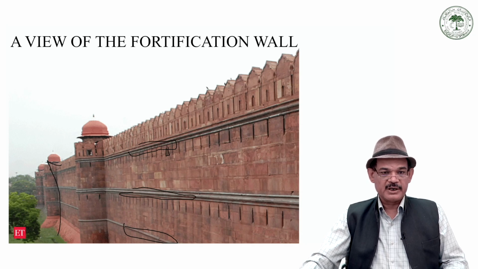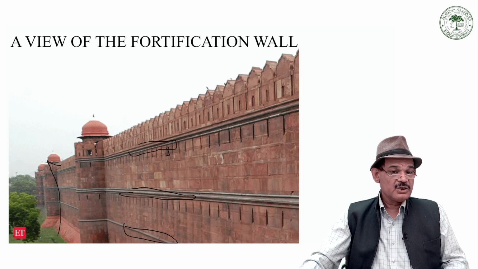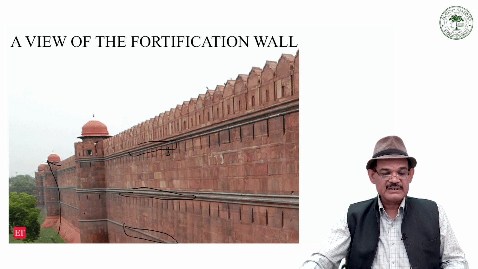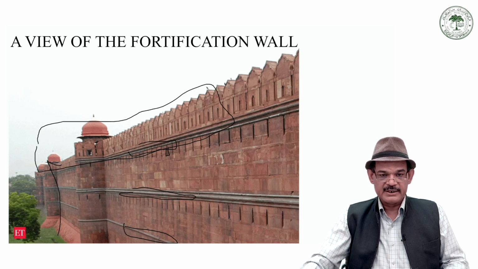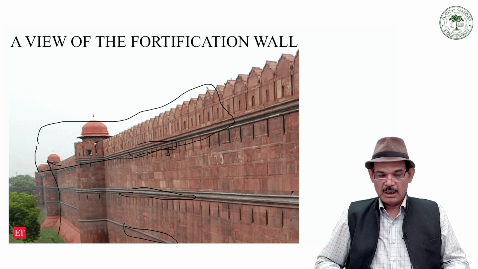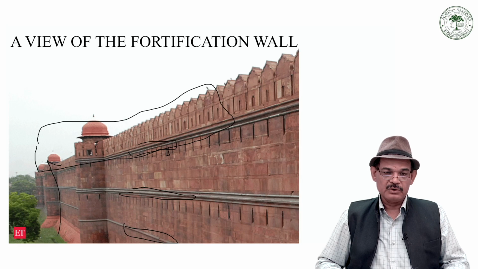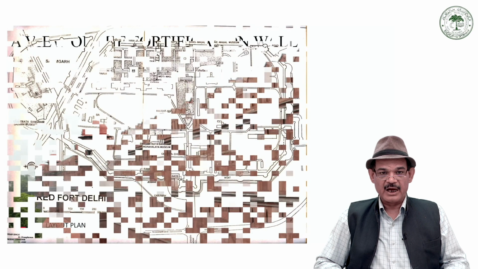This wall is punctuated by circular bastions. These circular bastions are merged with the wall, and in turn they provide safety to the walls. These bastions are solid, and they are surmounted by domed pillared pavilions, and they create a very good skyline. On the city side, its height is 33.5, while on the river side, its height is